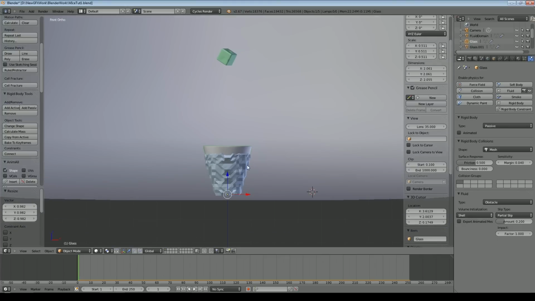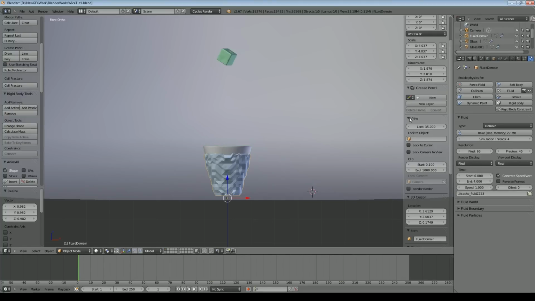Now at the moment it's running at a very low resolution, so it's not really staying within the glass. And there's another issue as well which you'll notice, which is that the water doesn't react to the ice cube that falls in. But we'll deal with those issues one at a time. We'll put the resolution of the water simulation up a little bit. We'll put this up to 85, and we'll start that baking again, just to make sure that it is working better. Obviously even 85 is still quite a low resolution, and really you're going to be wanting to run this at something like 150, 200, which will take significantly longer.